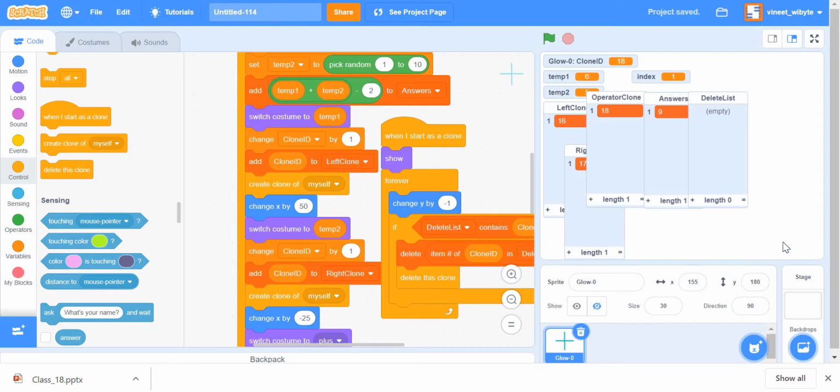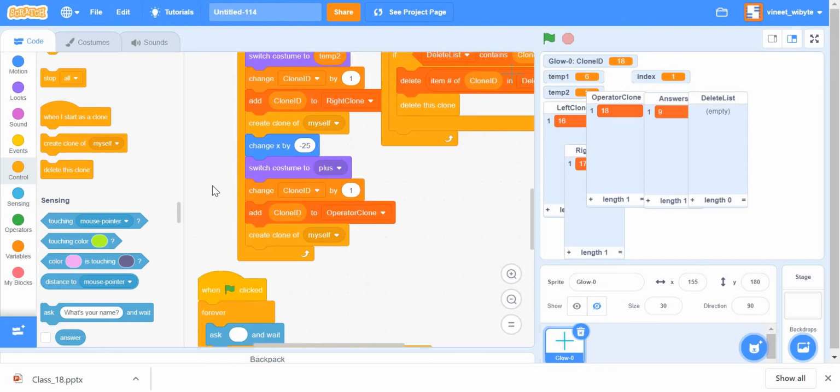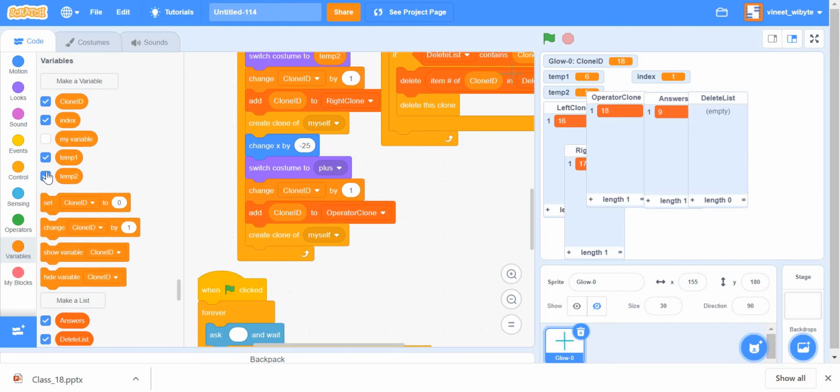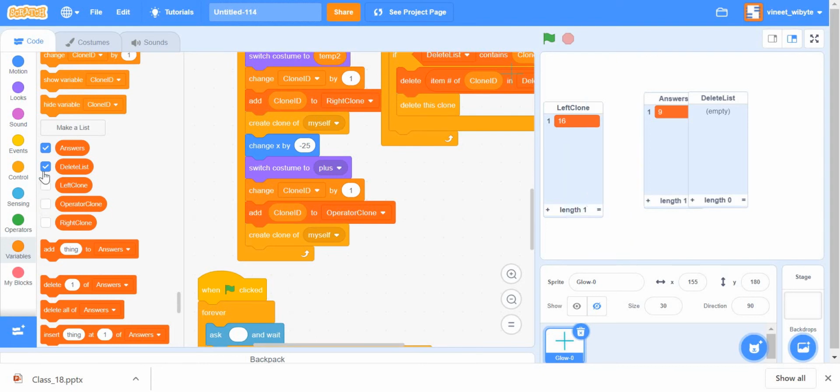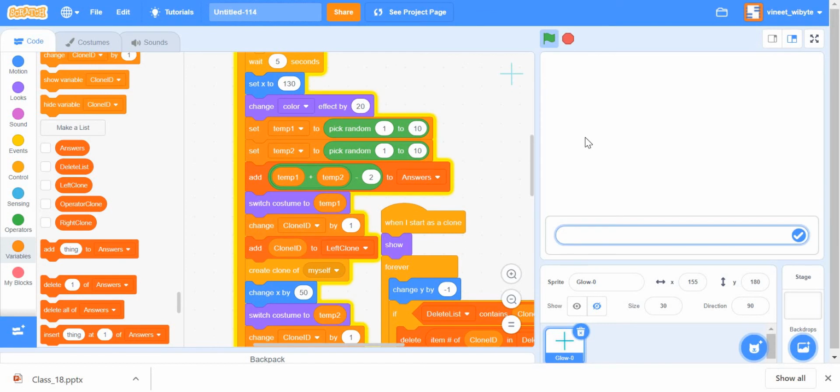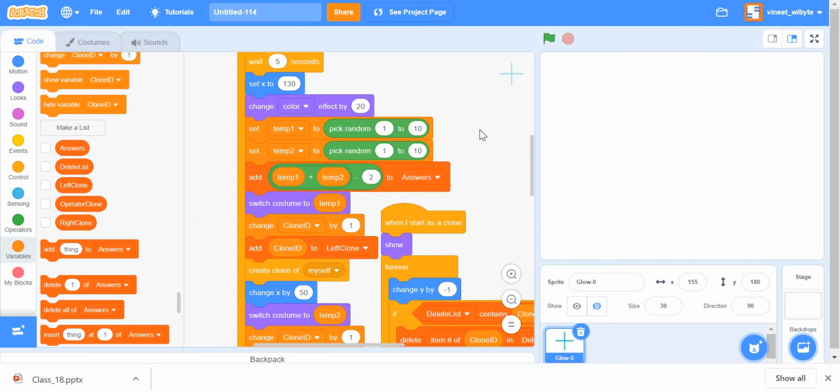In fact, now that this is all working, we can remove the clutter from the screen by hiding these variables, because we don't need to really see all of this, particularly the lists. And you will see that we can also start building some more stuff now, because the numbers are forming nicely. The whole game is really working. Now we have to code up the ending conditions, and there's a little bit of a trick in there, so I thought it's good to do that.